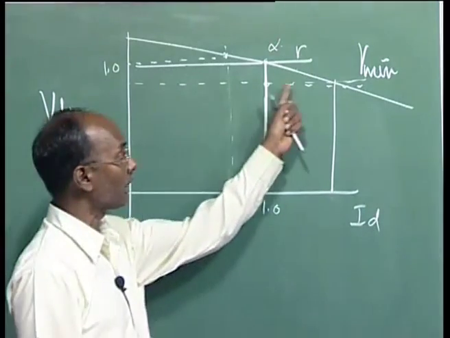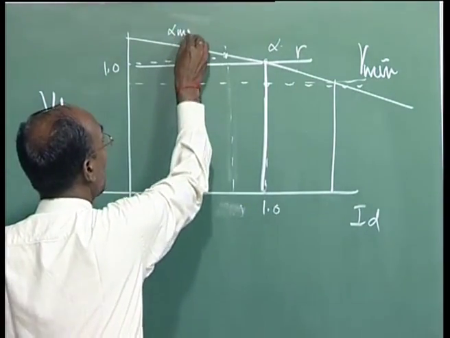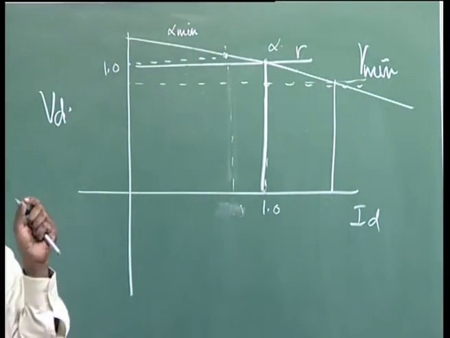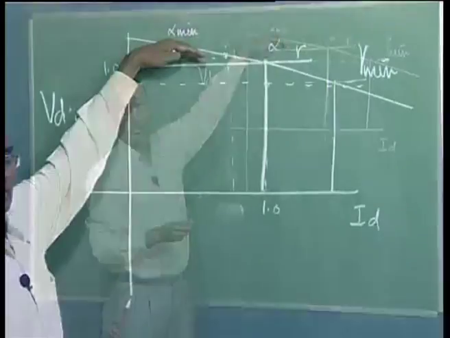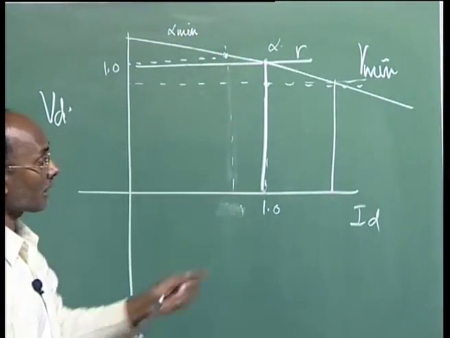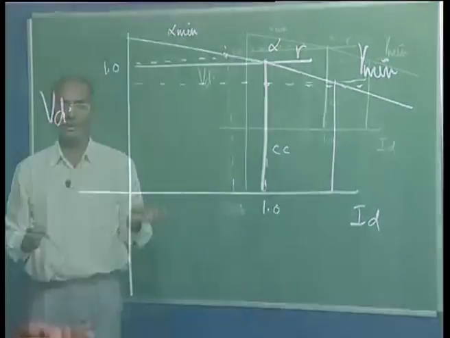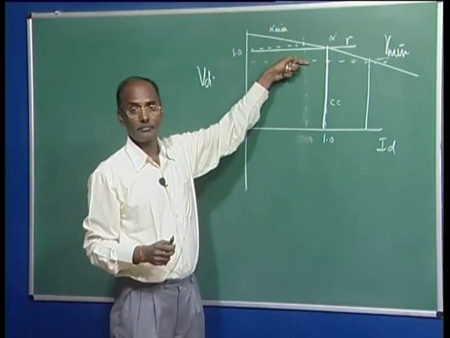We cannot go up any further, because this is your alpha minimum and all your OLTC has been exercised. This is the boundary of this characteristic. Now we have another characteristic here called constant current, and this should be controlled by the rectifier, even though the voltage at the inverter end is falling.